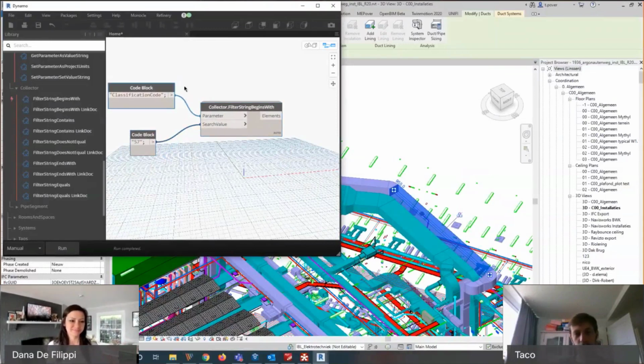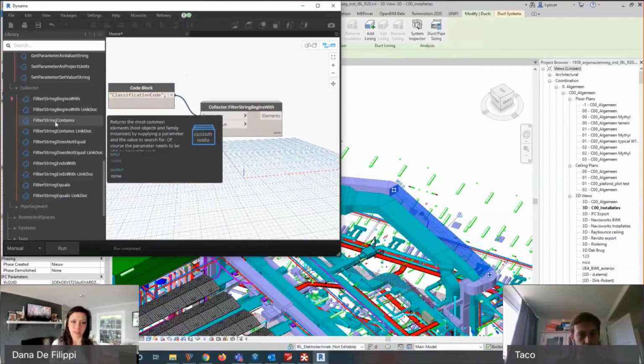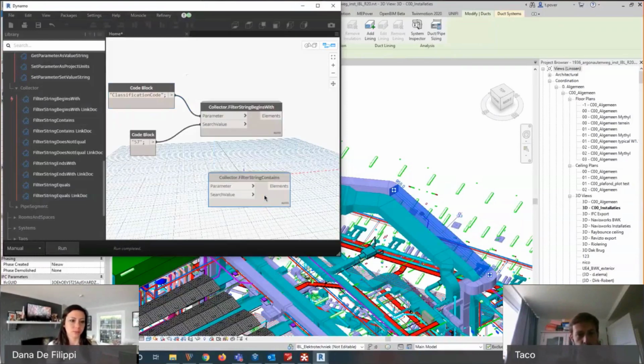Yeah, so I really like this node, and maybe because it has a strange name, you don't know what it does, so I thought a little explanation would be in place. And there are a few others. Awesome. Yeah, I was about to say, it looks like you have contains, does not equal. So you could look at these collectors in a bunch of different ways to gather elements. That's really wonderful. Exactly. And this works with shared parameters and native Revit parameters,